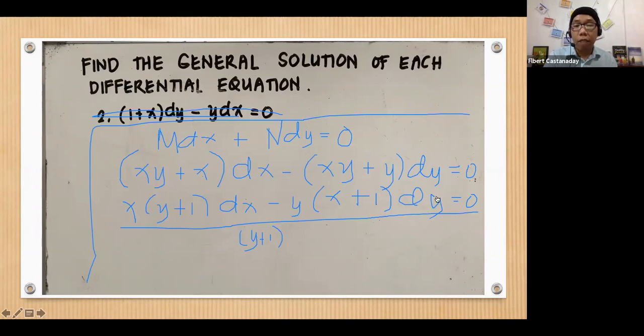The second term has dy, so this term should only contain the variable y. You need to eliminate x + 1, and you can do that by dividing both sides by x + 1. So dividing the entire equation by these functions, y + 1 times x + 1, will give us,